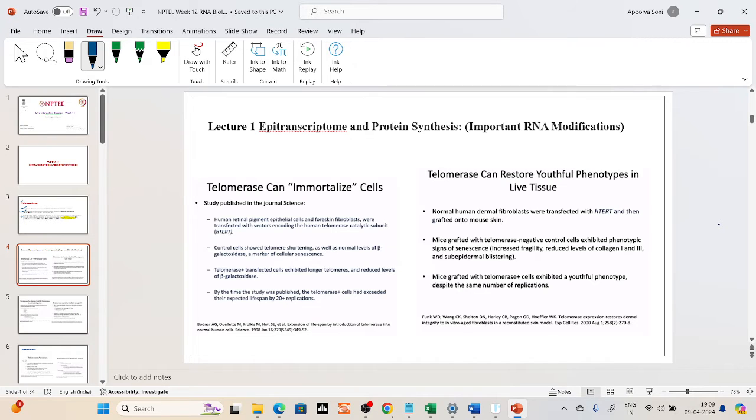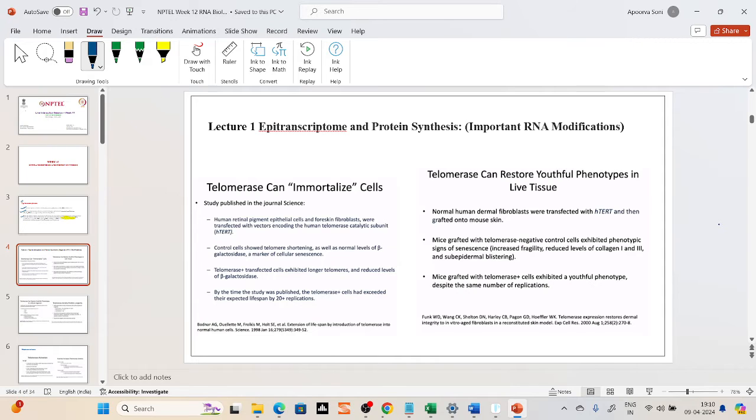Now, restore means that suppose an aged person or someone who is in their 30s starts taking telomerase enzyme, then the aging can be delayed a little bit. You cannot stop aging, but it can be delayed to a certain limit. So again, they did another study in which normal human dermal fibroblasts were transfected